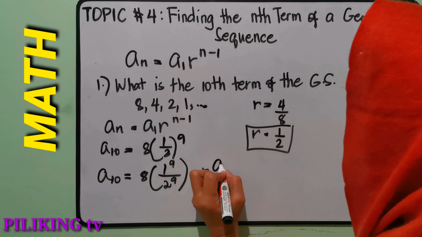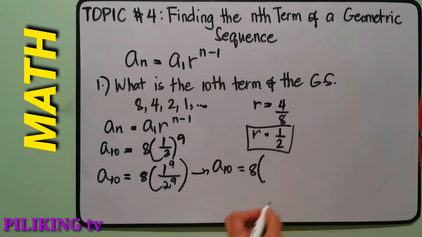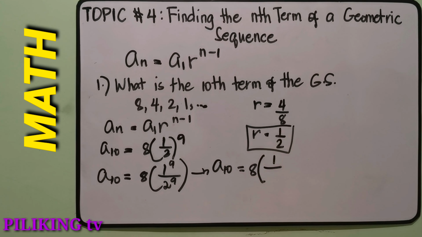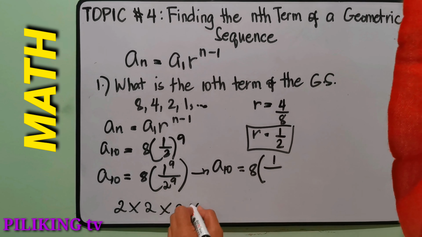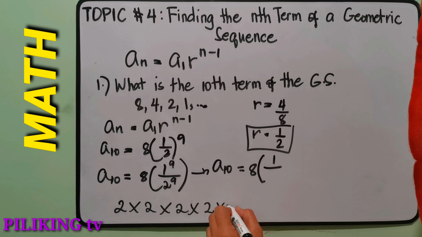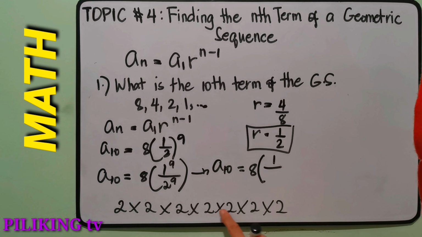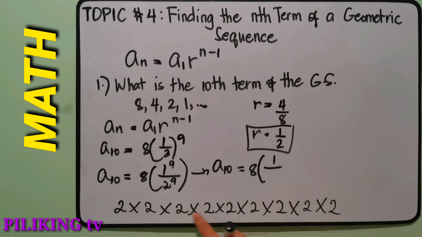Okay? So we have a sub 10 is equal to 8 times 1 raised to 9 is still 1 over, what is 2 raised to 9? So it means you have to multiply 2 nine times. So we have 2 times 2 times 2, 4 times 2 times 2 times 2. So how many? 1, 2, 3, 4, 5, 6, 7 times 2 times 2. So 1, 2, 3, 4, 5, 6, 7, 8, 9. So what is 2 raised to 9? That is equivalent to